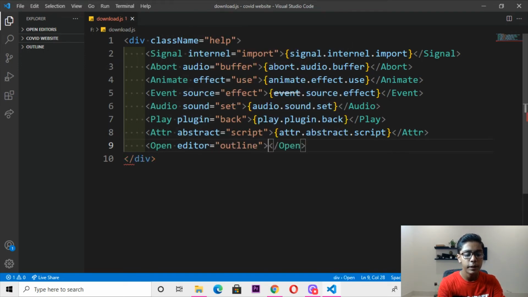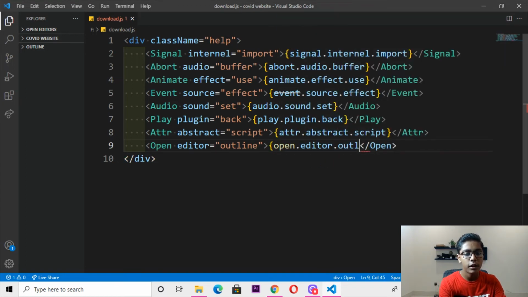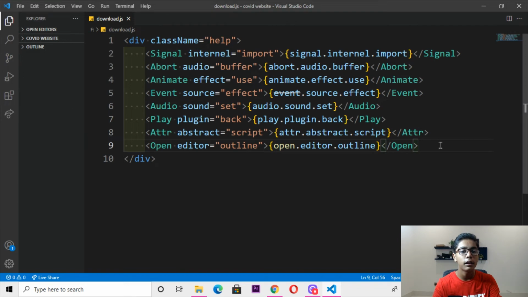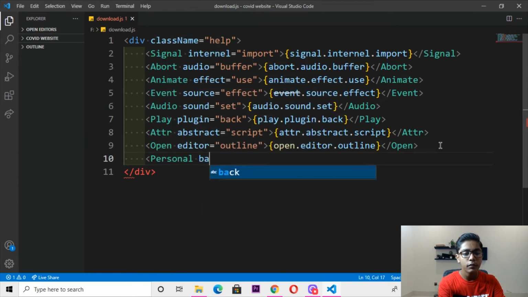Then I will be making this tag here and writing a tag which will be like open editor dot outline, closing this tag from here. Then I'll be saving this file again, and when you've just saved that, move forward and move down. Then you have to write here personal bar equals to,